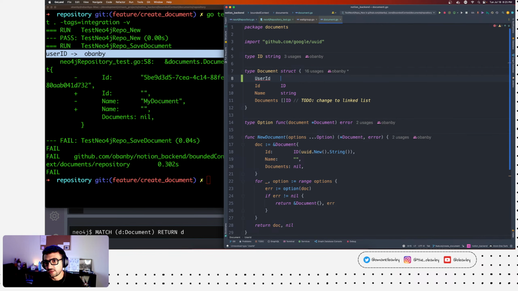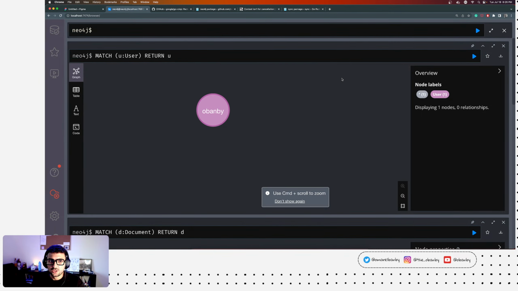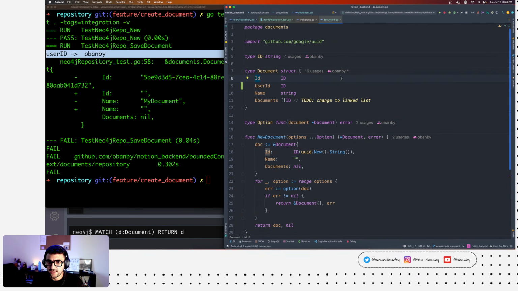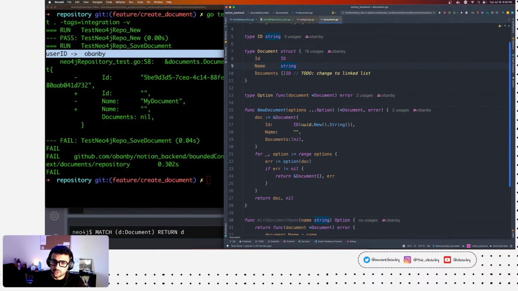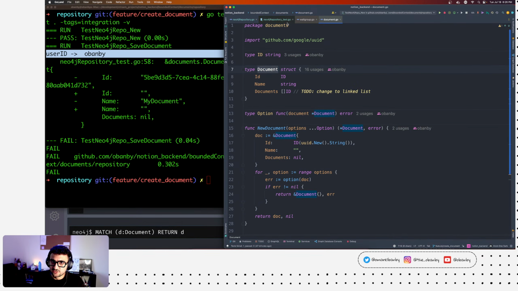Because now your actual model does model your graph. So a document has an ID, has a user ID, it has a name, it has a document, but when it comes to Neo4j, you're actually linking them with a Neo4j link, but your data model doesn't know that you're using Neo4j, and now it's represented very well, right? But now when you're creating a new document, you'll have to pass the user ID here. I will pause on that. Next time, we will implement it using the user ID in the document and refactoring this.